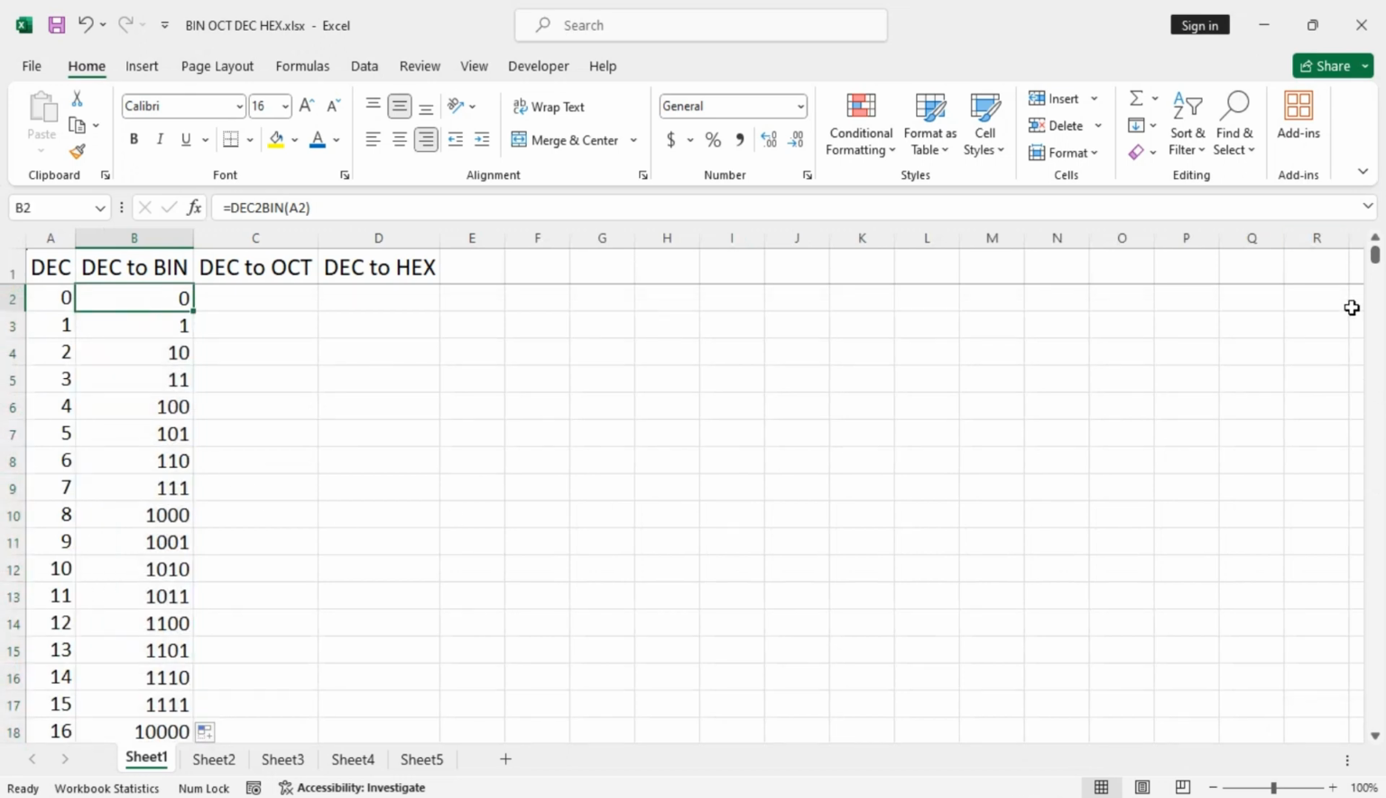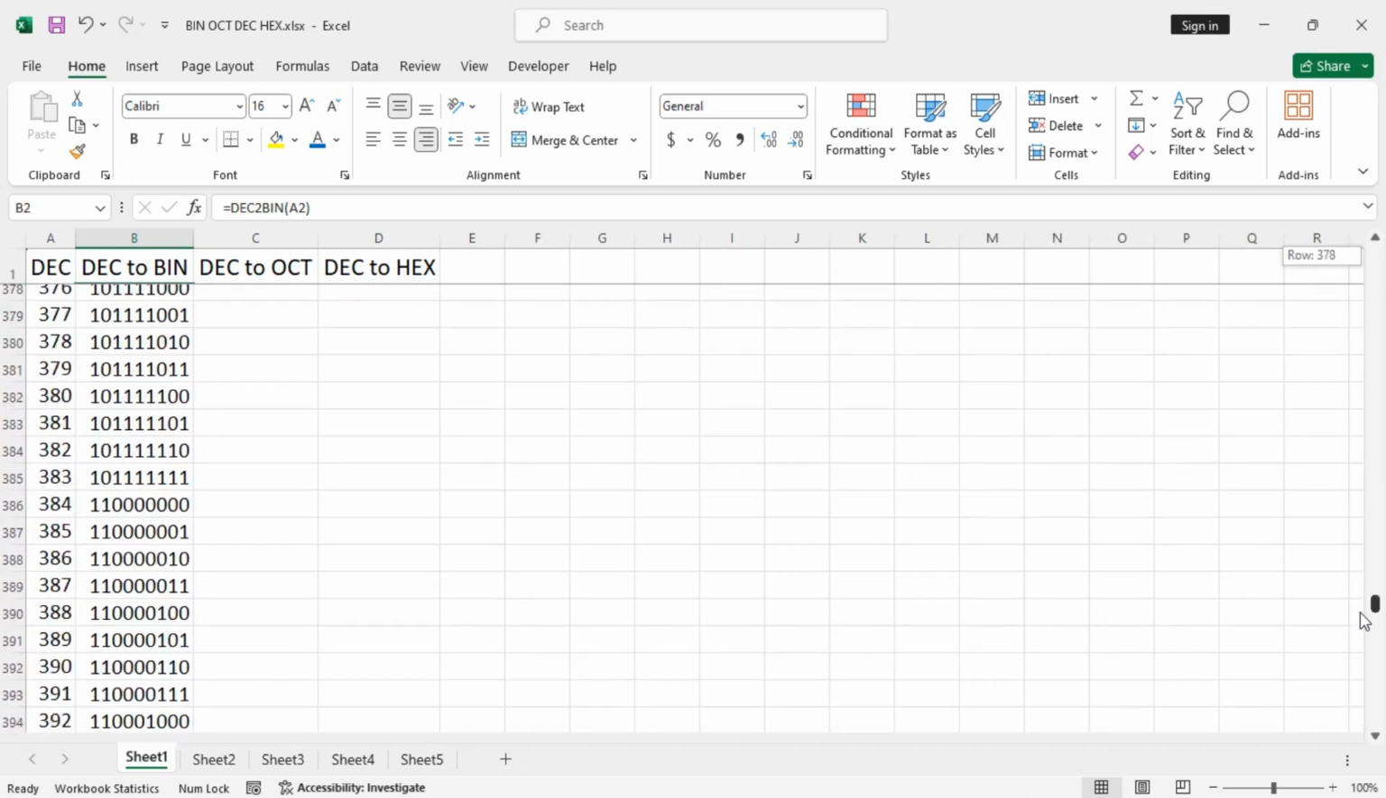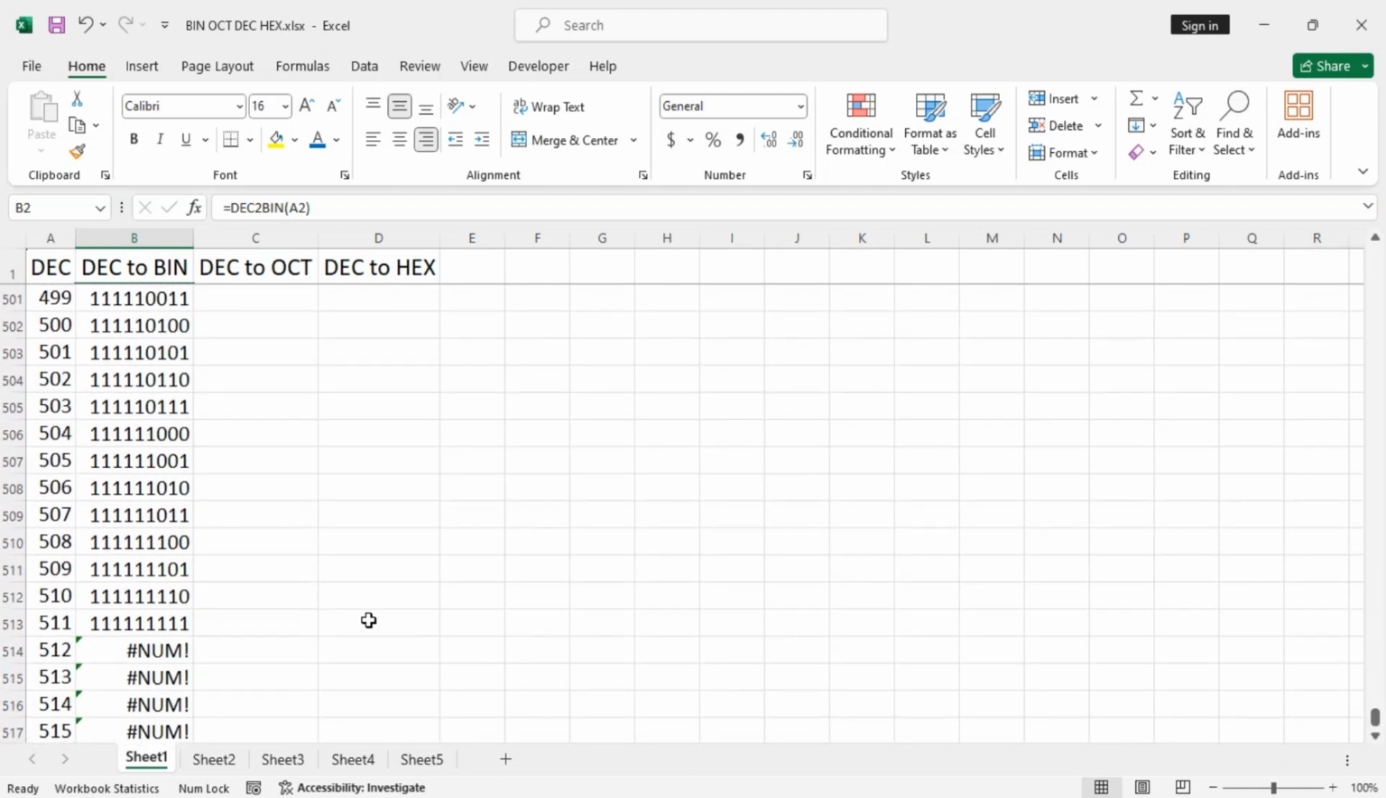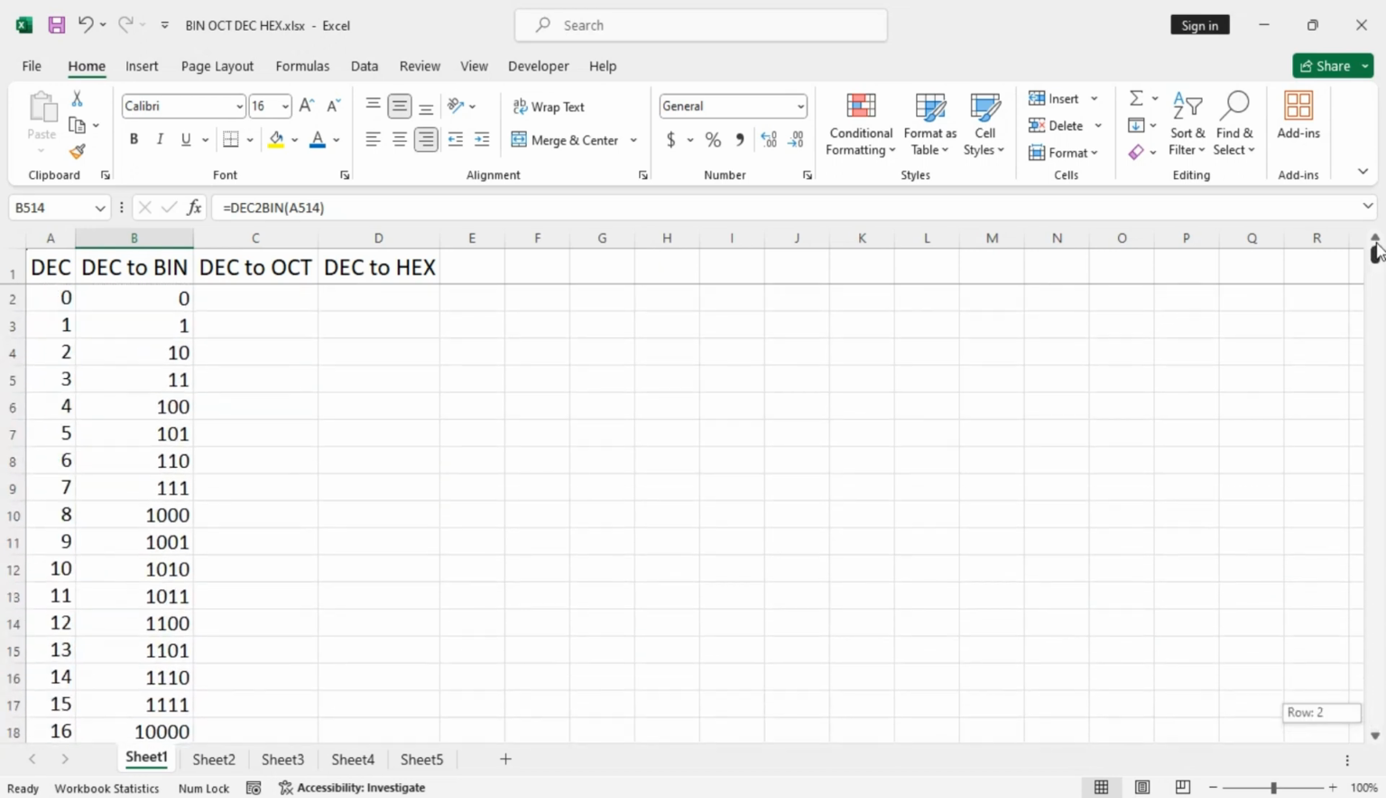Let's see what is happening at the bottom of this list. Okay, so here as soon as you cross the decimal number 511, then you get a number error. That's because you cannot use numbers higher than 511 and lower than negative 512. So for example, if you type here,